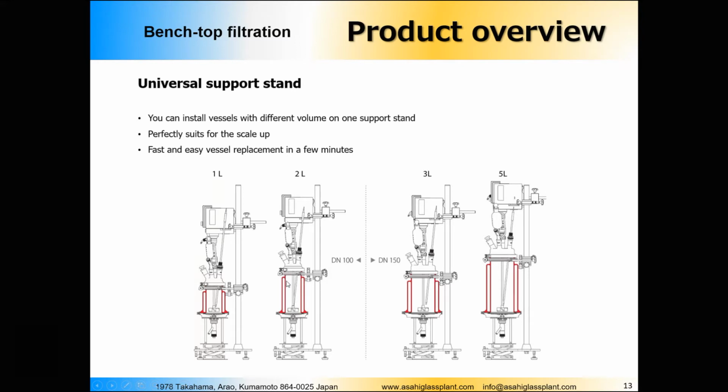You can see here the picture of the 2-liter vessel. If we're talking about the 5-liter vessel, it would be 2 times higher, having the DN100. Why so? It is pretty obvious, but